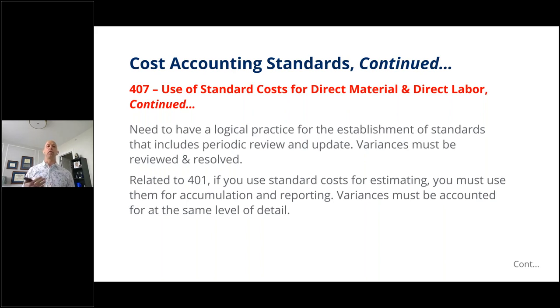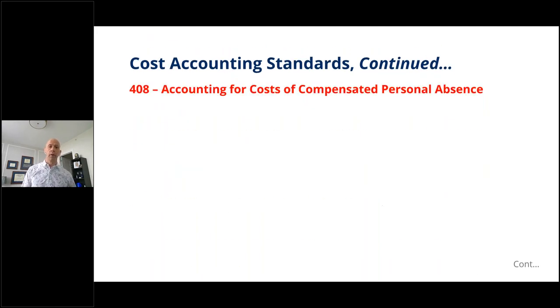Same thing is going to be true for your labor. If you're going to run 500 through the line this time instead of 100, then you probably should have better results overall. So you're going to need to update your standards in situations like that. Even if you update them annually, which is good practice, and we recommend that annual update be once the budgets are approved so you've got those new overhead rates to plug in, if you're putting out a big proposal and there's a significant difference in the quantity, you're going to need to update those standards for that quantity as well.